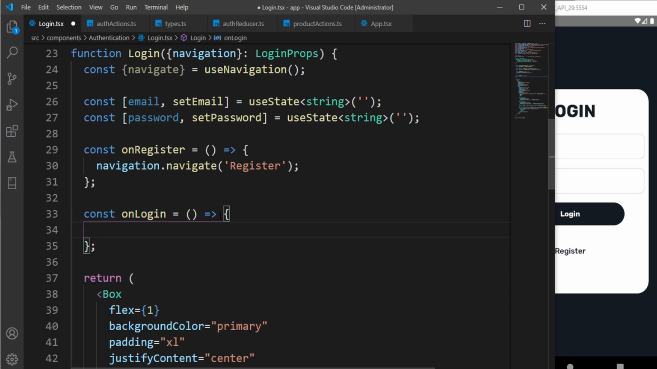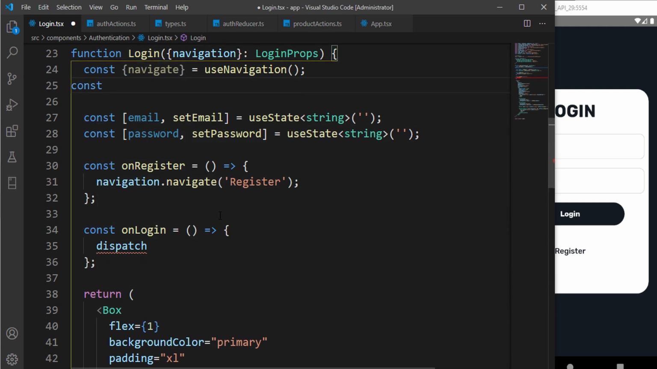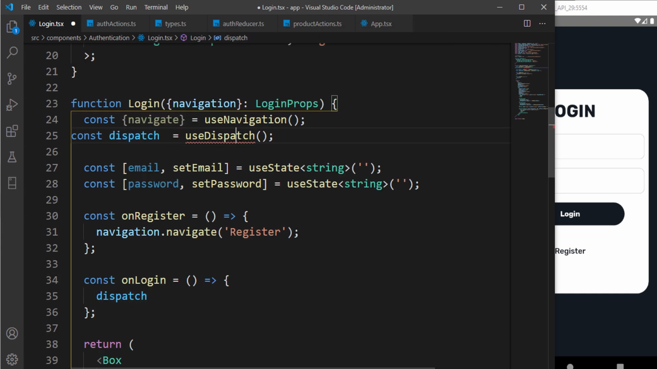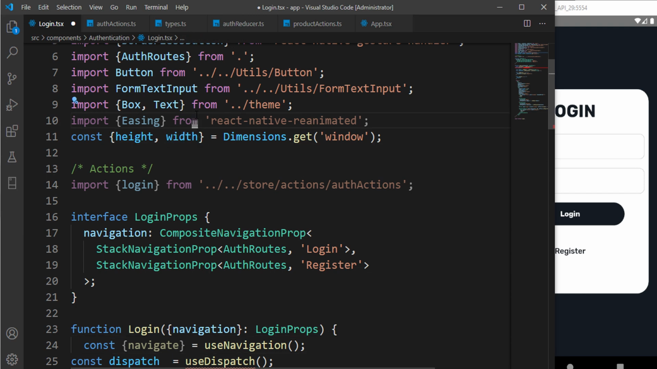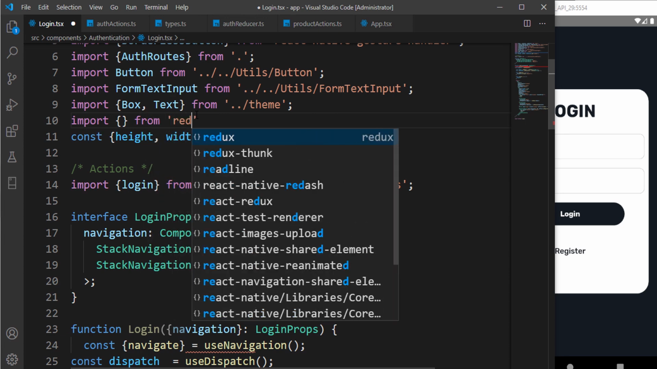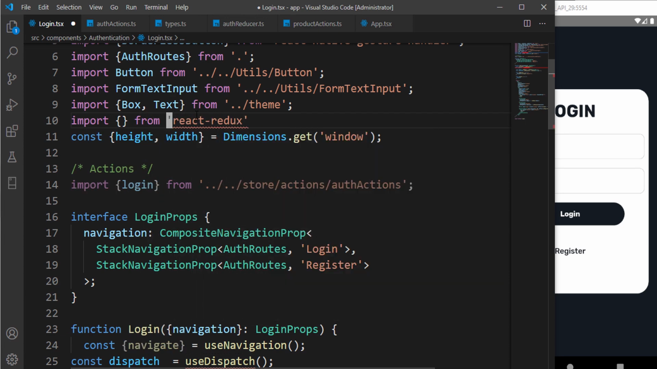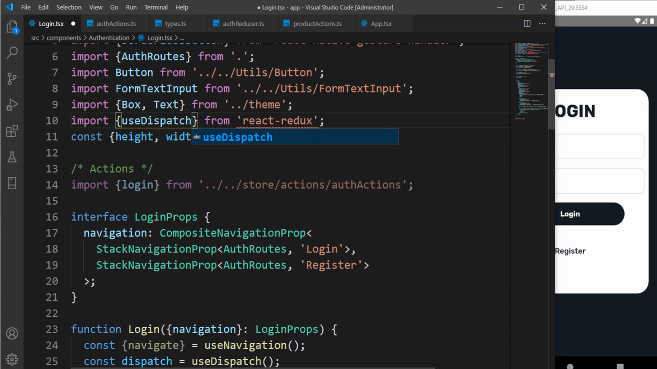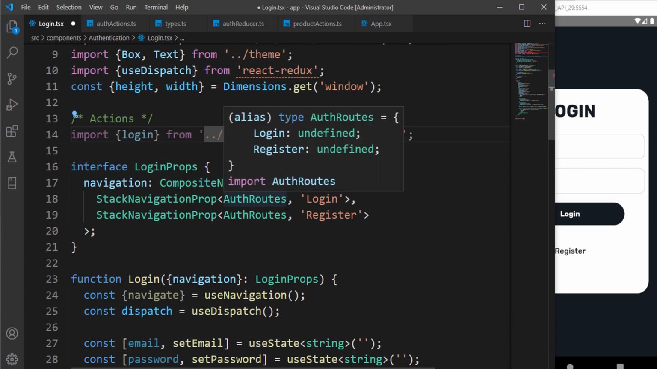So I can just say dispatch. So the dispatch comes from use dispatch, and here we can just assign it directly, not bring in dispatch. So let me just import that use dispatch. So I think I didn't import it. Yes. So I'm just going to clear that, and I'm going to import from React Redux. You can bring in the use dispatch. So the React Redux, okay,